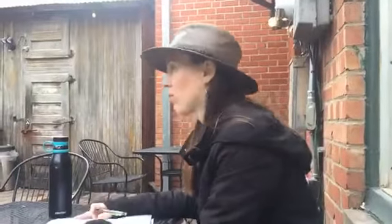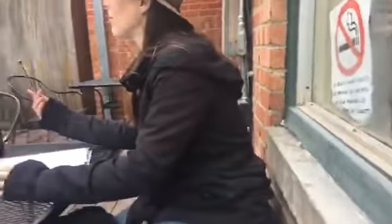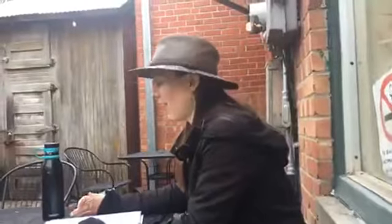So, in order to make those conditions right, we need to make sure that we have all of the minerals present, all of the elements present that we need. So, we need to do some testing. First of all, there's the jar method, which we can do after we talk. We'll take a soil sample in a jar with some water and shake it up and let it settle, and we'll be able to see the amount of sand, silt, and clay, approximately. You can send things in for a test, but it's a pretty easy way to see approximately how much of those three things, sand, silt, clay, and organic matter, the four things,